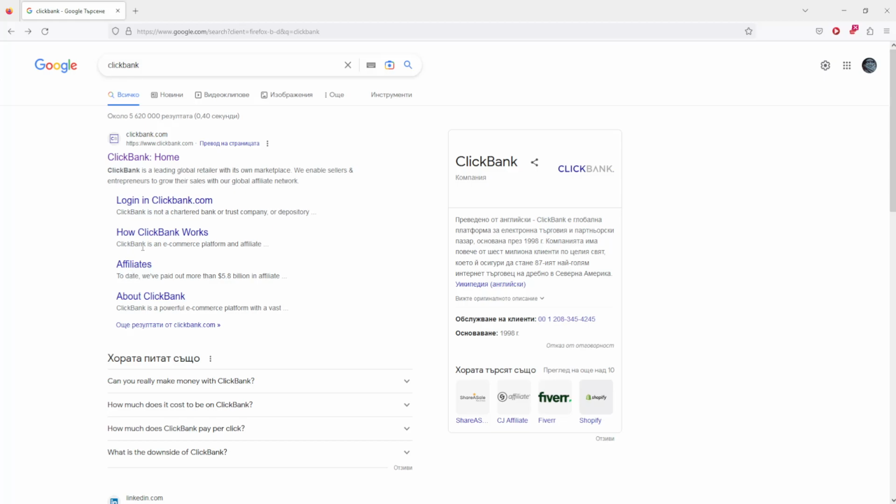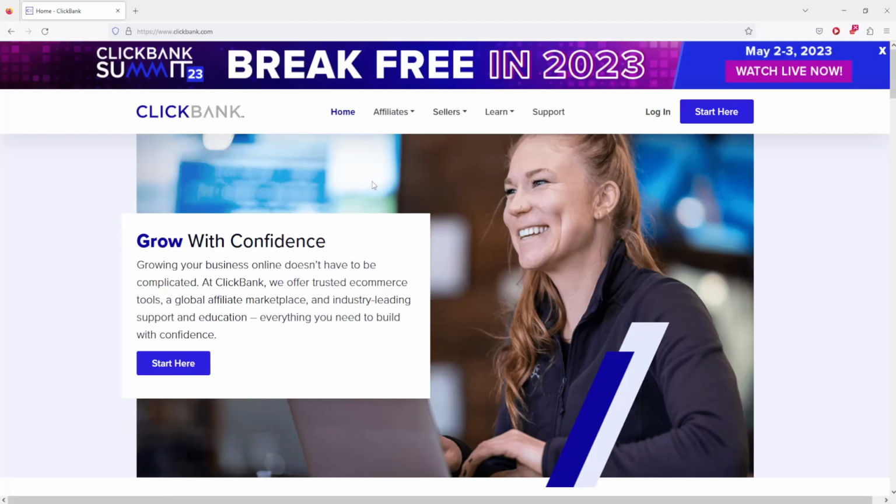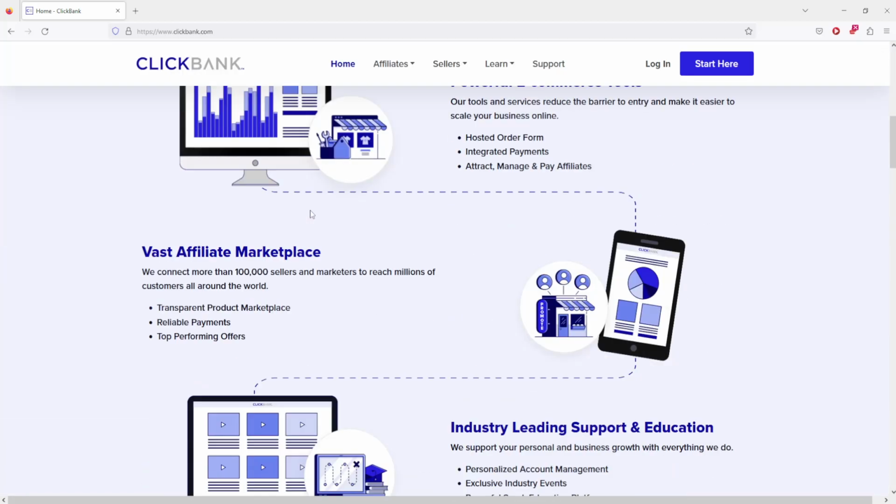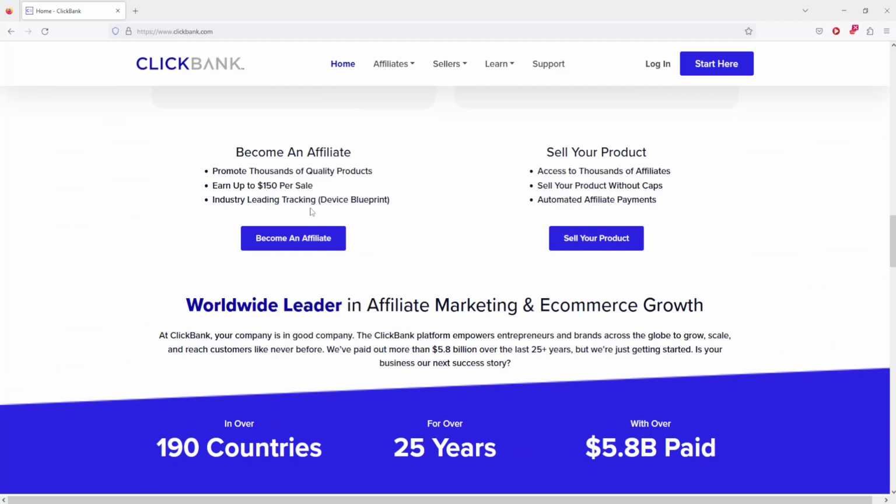How to fix Clickbank account disabled. So simply search for Clickbank and we want to go to the website itself. So right here, after the website has loaded, all we have to do is scroll down and keep scrolling down